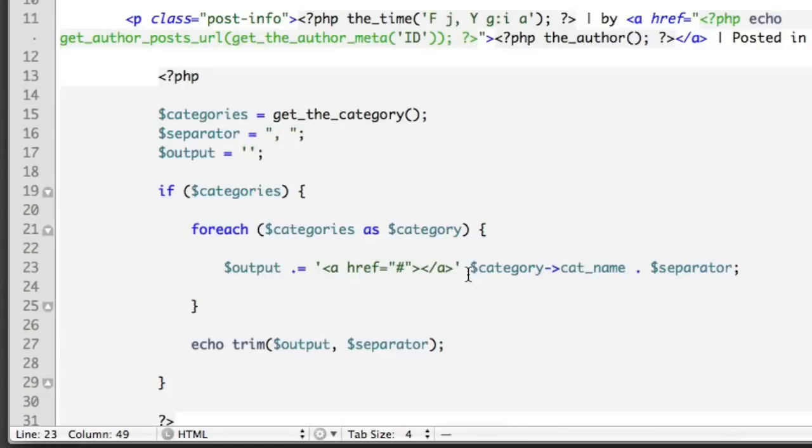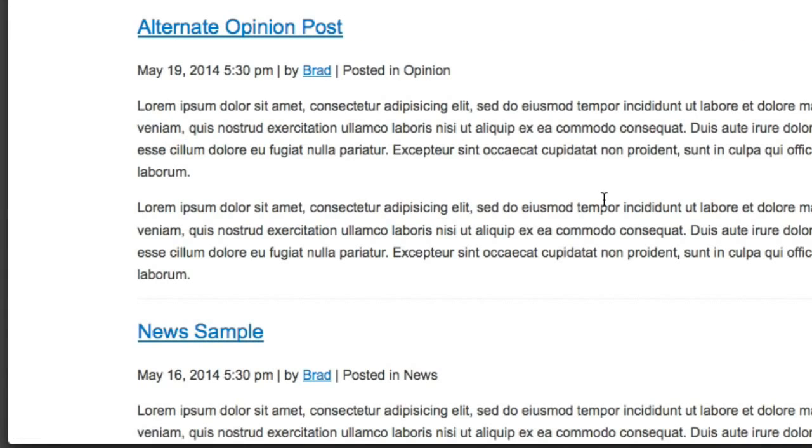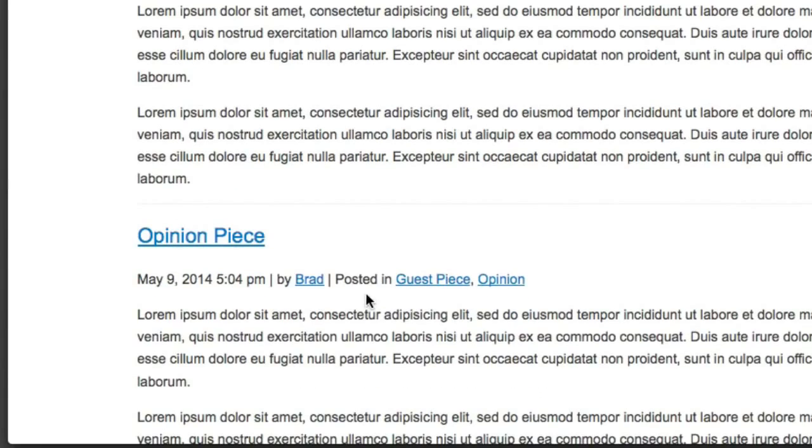Okay, but then we obviously want the name to be within this link. So we can move this to sit right about there. So now if we refresh, we can see that each category is a link,